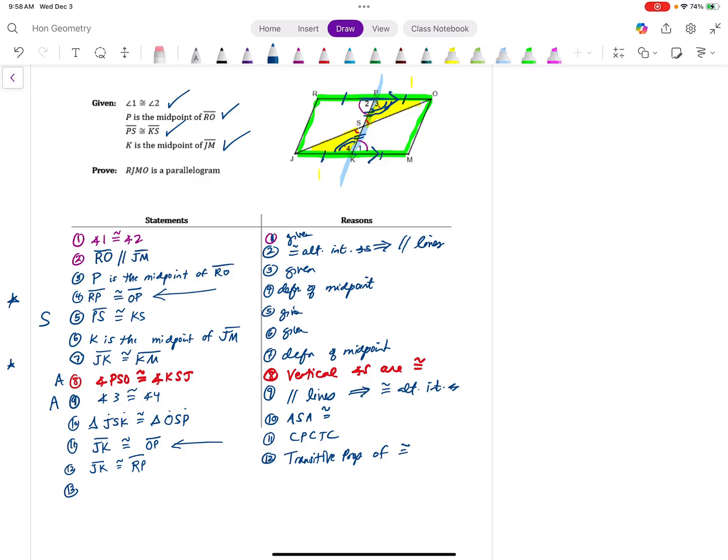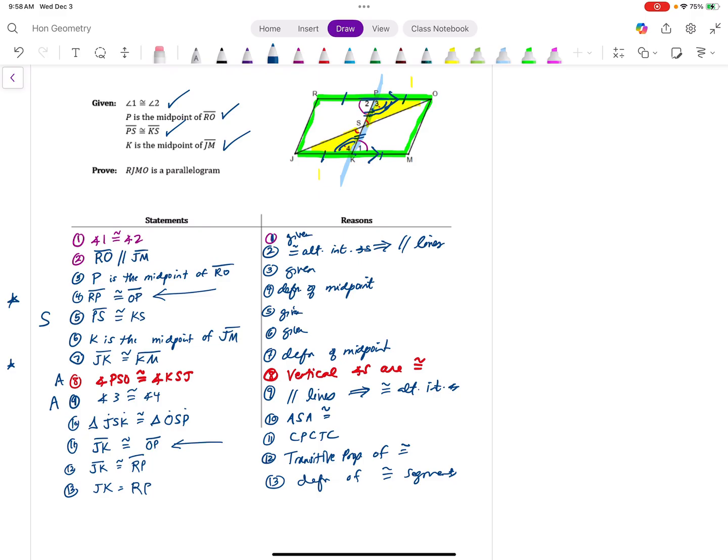All right, let's see, what if I just start out with this? Because I'm going to be adding stuff together. I know that JK equals RP, because that's the definition of congruent segments. Okay, so if I want to have a JK and an RP in there, then instead of the way I wrote it